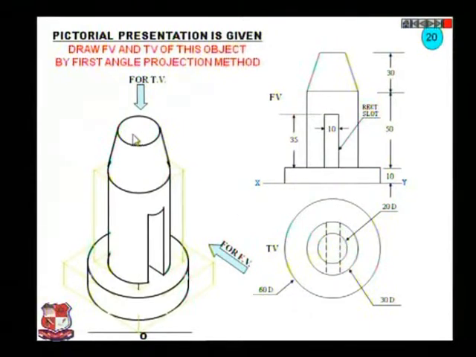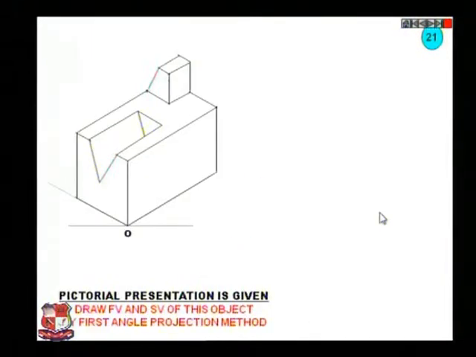This upper circle, this top circle, is this one that coincides in this line. This second circle or bottom circle is this one that coincides with this line, and the last one, third circle, this bottom circle, is this one that coincides with this plane and this plane. In this line, the circular cylinder coincides, and these two dotted lines represent this cut portion which is there inside this cylinder. So it is represented by the dotted line in top view. This is top view.